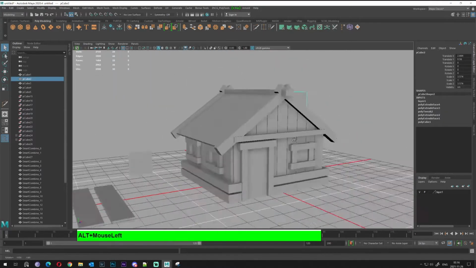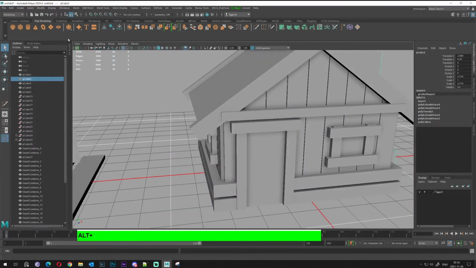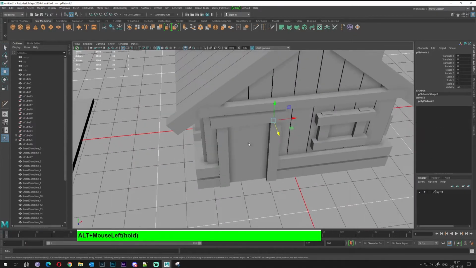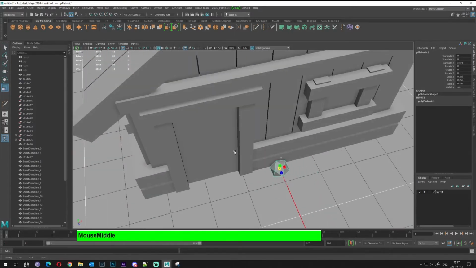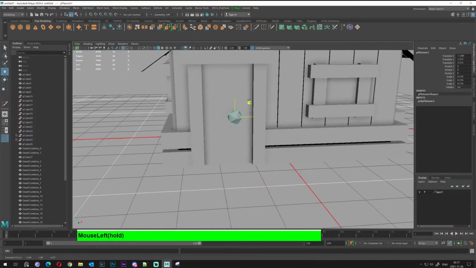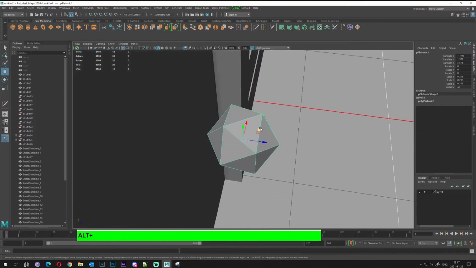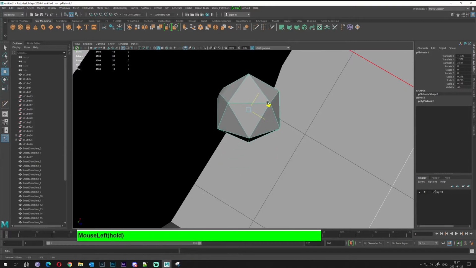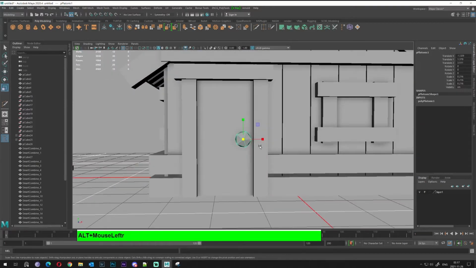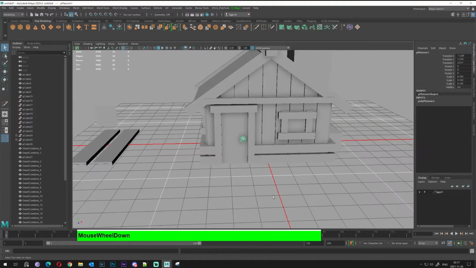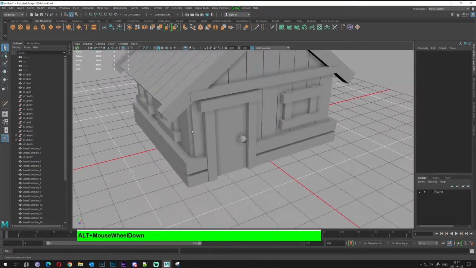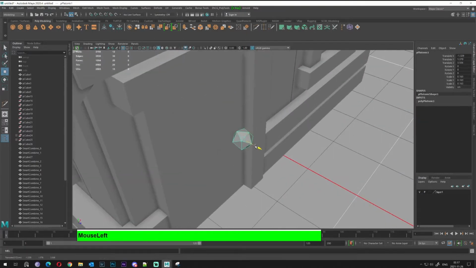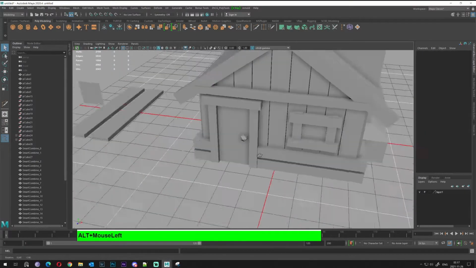Okay, so what we will do next, we need a handle for a door. Let's check this out. What kind of figure do we have in here? Okay, it will be a door handle, maybe something very cool. How do you think? Okay,